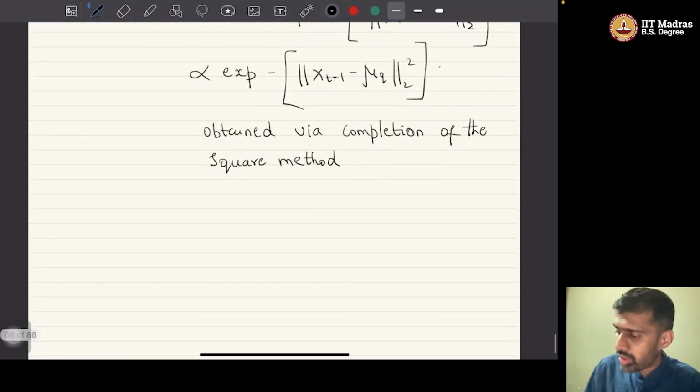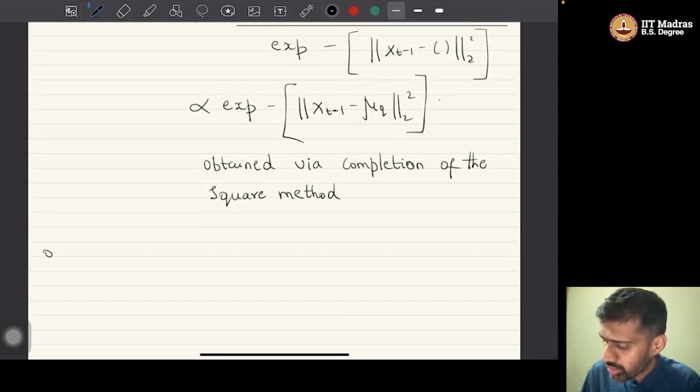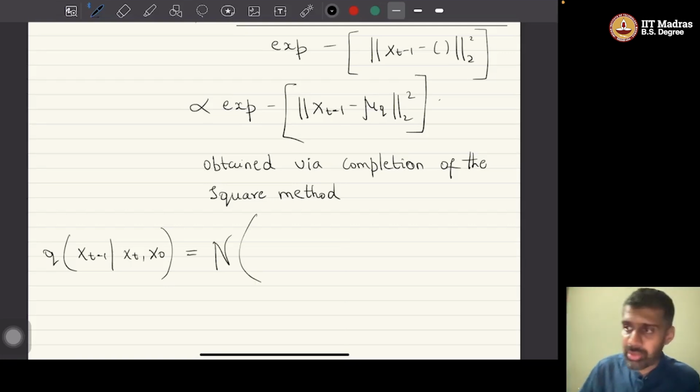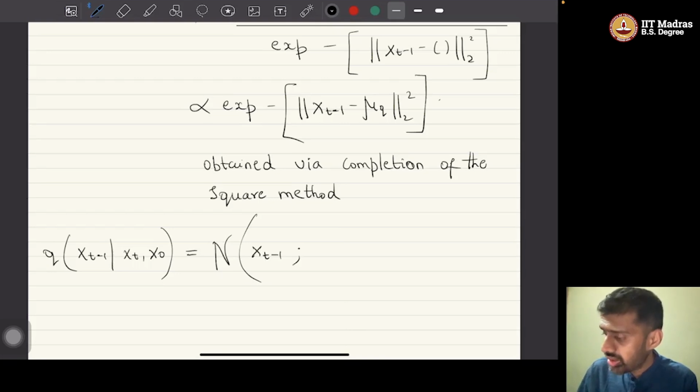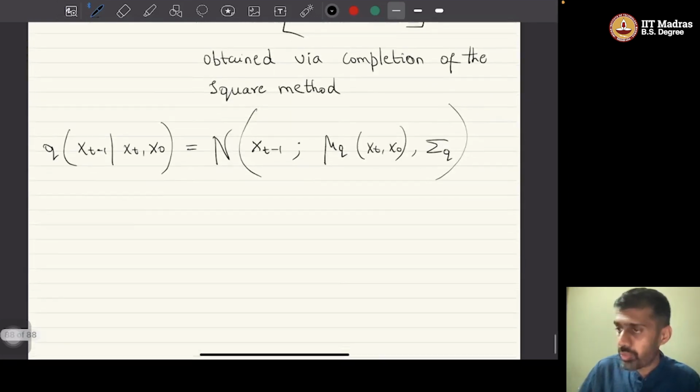Now if we do this, what can be shown is that q of xt minus 1 given xt and x naught, which is the distribution that we have in the consistency term, is a Gaussian distribution because it is simply a ratio of multiple Gaussian distributions, right? It is defined on xt minus 1 and it has a mean which is mu q, which will be a function of xt and x naught, obviously, because it is conditioned on xt and x naught, and it has a variance which we will call sigma q, where,